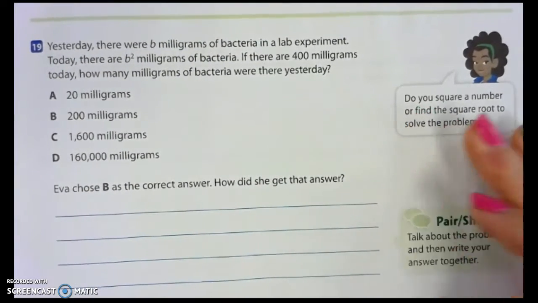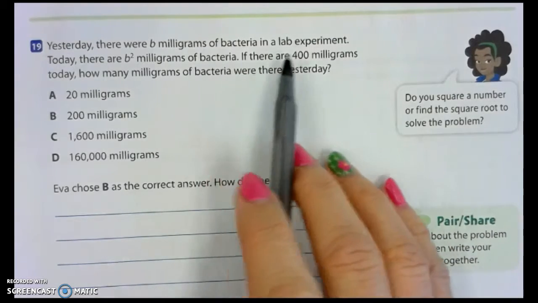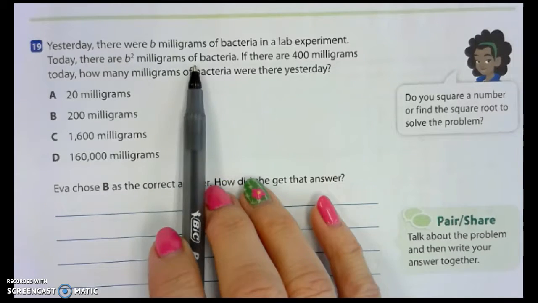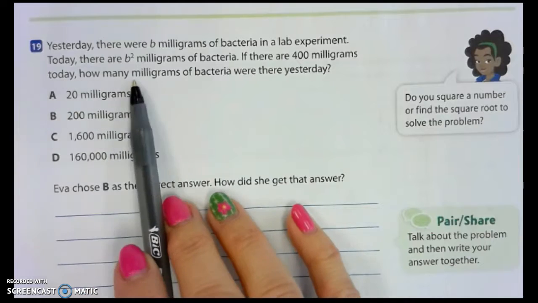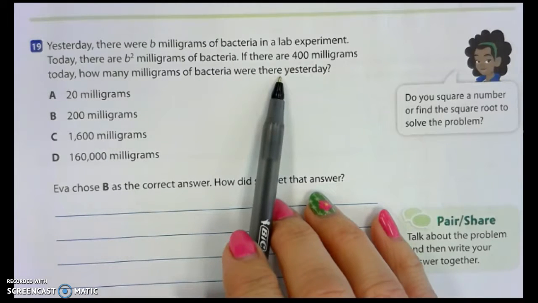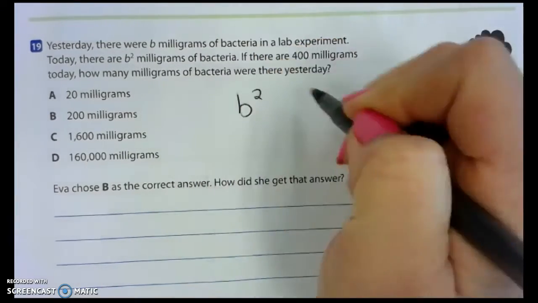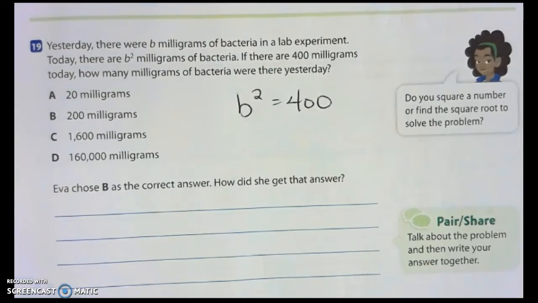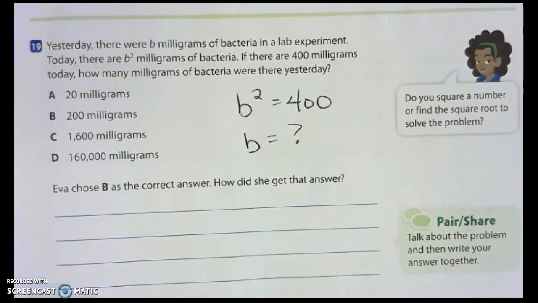Number 19. Yesterday there were B milligrams of bacteria in a lab experiment. Today there are B squared milligrams of bacteria. If there are 400 milligrams today, how many milligrams of bacteria were there yesterday? So B squared is equal to 400. They want to know how much is B. So we need to know the square root